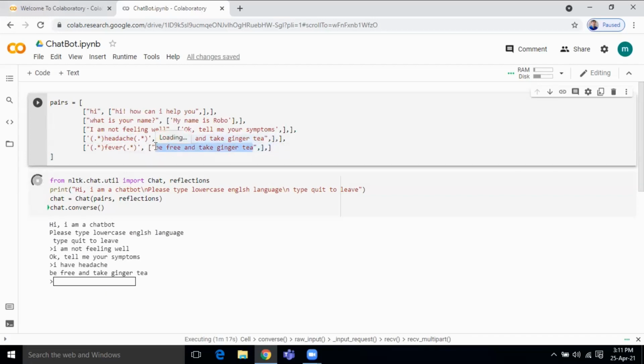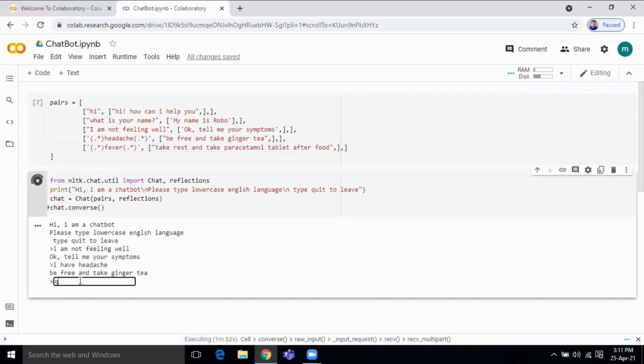Okay, take rest and take paracetamol tablet after food. Okay, so this is the response from the chatbot.